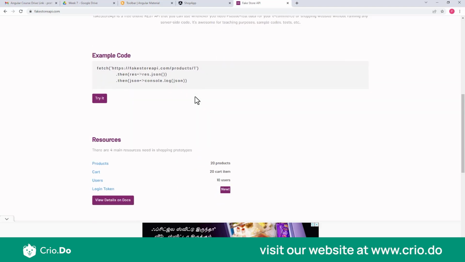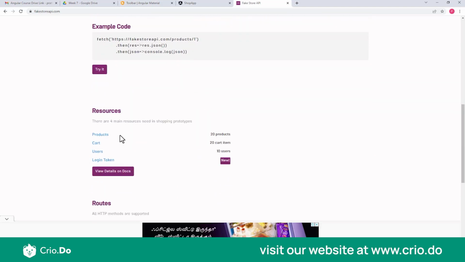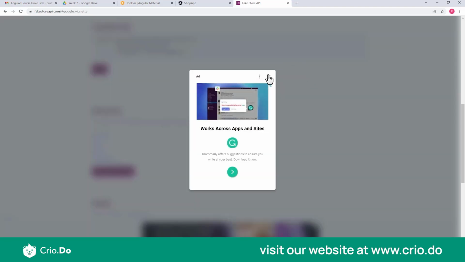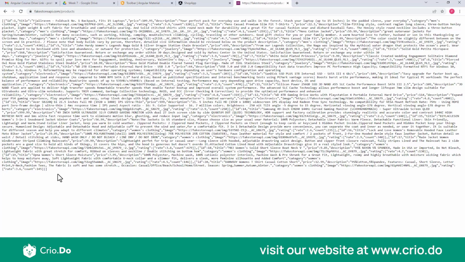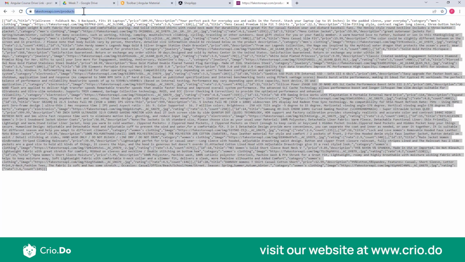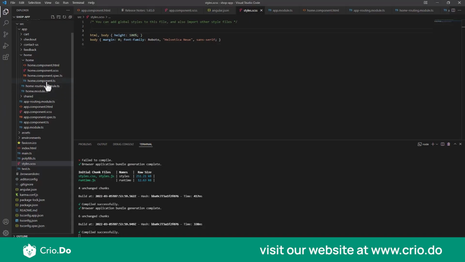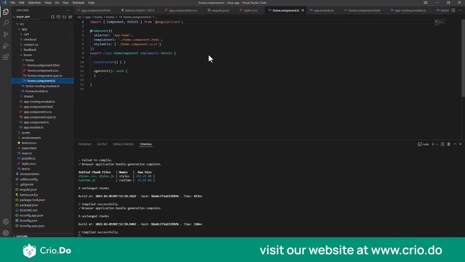So what we'll do is, if you come below it, you'll see that there are a few APIs over here, like products, carts, user, login and all. For the sake of this demo, we will just focus on this products API. If we click on this product, you'll see a JSON is getting returned. So what we will do is in our home component.ts, we will now write the logic in order to make